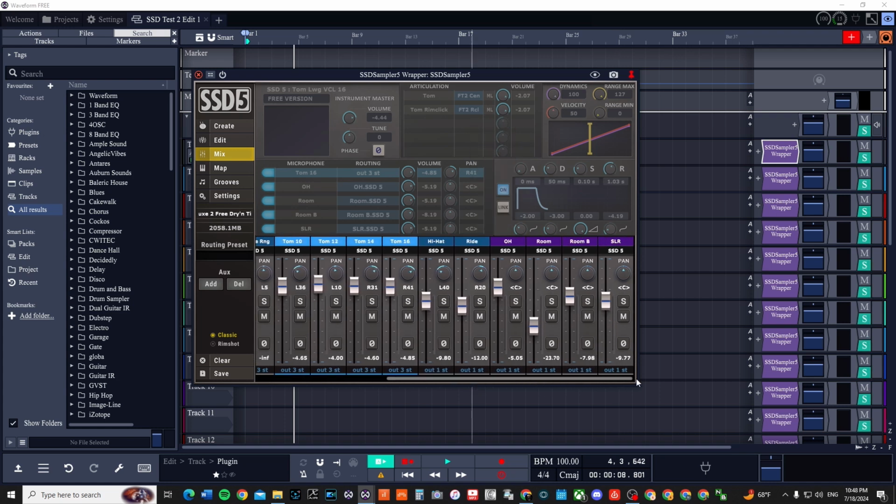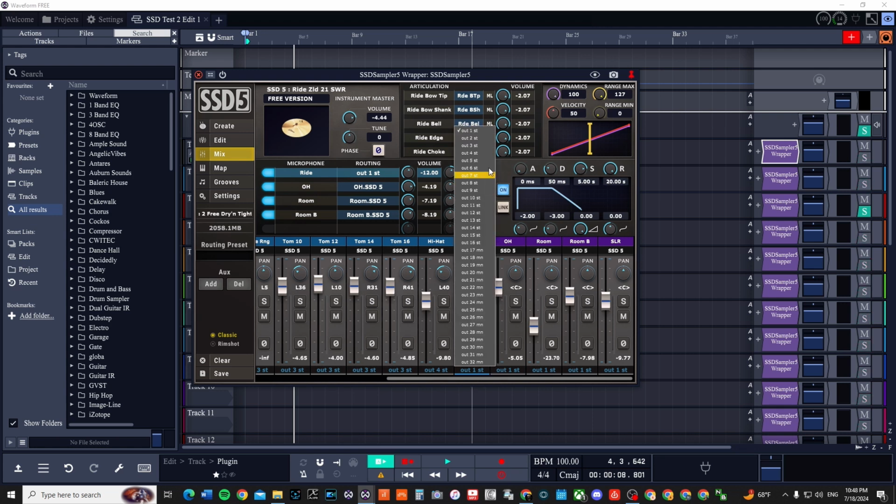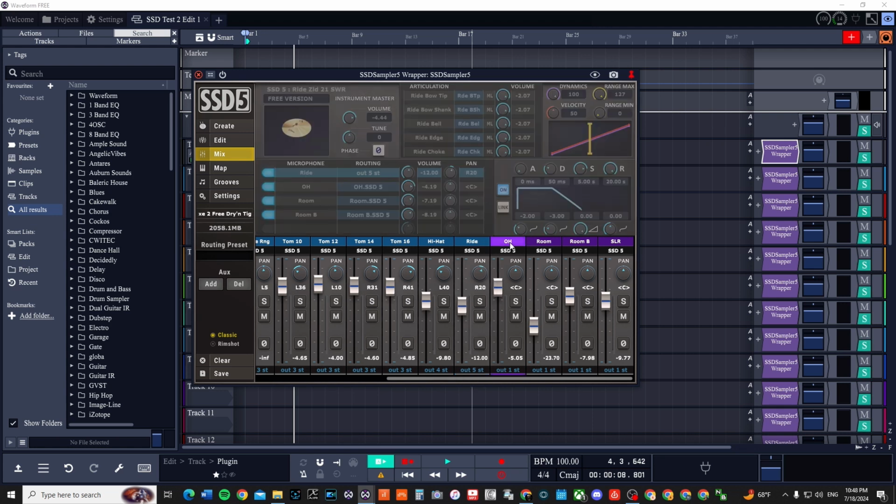And let's go over here and let's set the hi-hat. I'll put the hi-hat and the ride on this same, no, let's put the ride separate. So I'll put the hi-hat on its own. I'll put 4, ride. And I don't see any other samples on here, but I'm gonna put the ride on 5. Put the overhead on 6. And let's put room B on 7. And then SLR put on 8. Okay. All right. So now